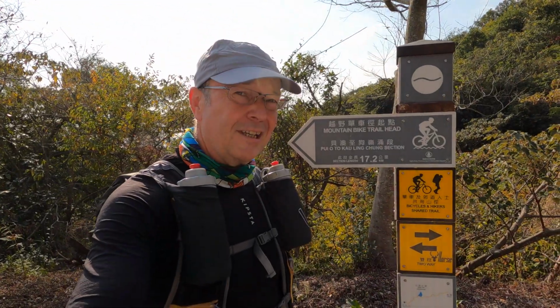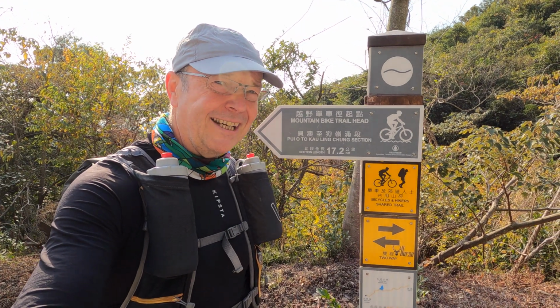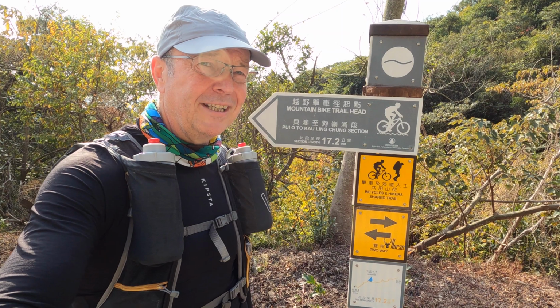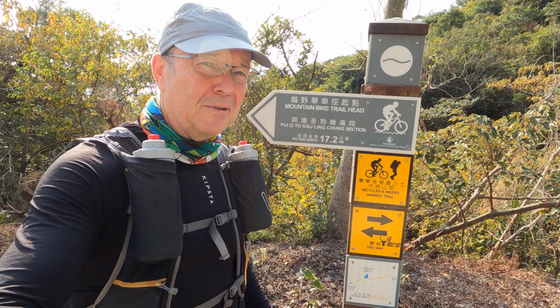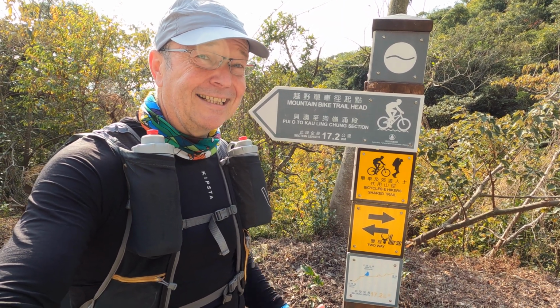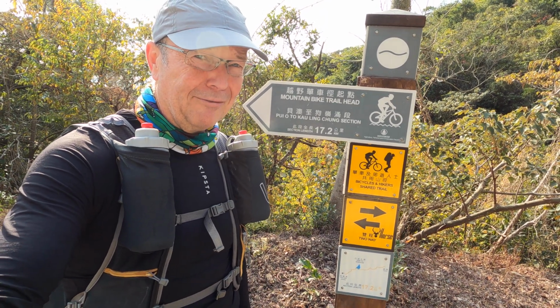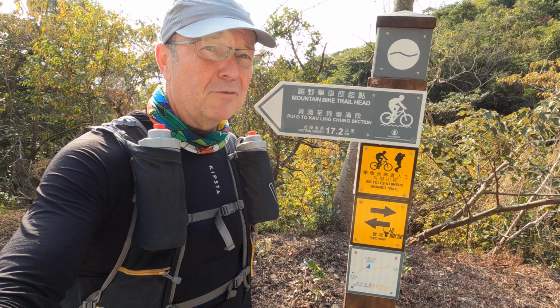Okay, so we're now at the 6k turnaround point, and so far it's been pretty smooth, not too many people on the trail, so we've had the place pretty much to ourselves, and the sun's come up quite nicely, so I'm probably a little bit overdressed. I have to be a bit careful I don't overheat and make sure I drink plenty of water, but so